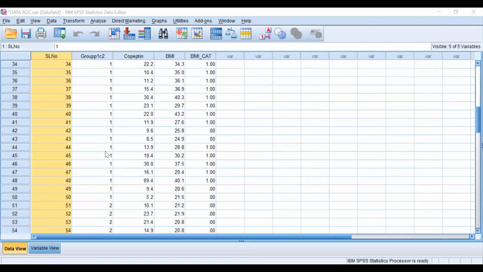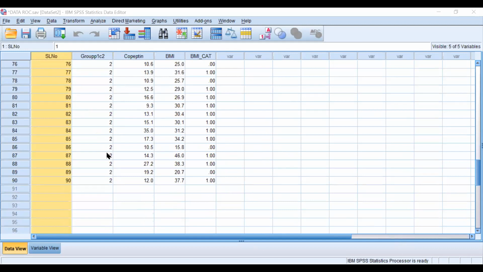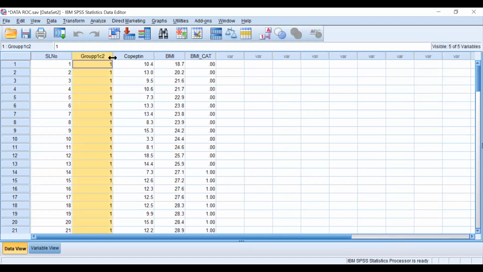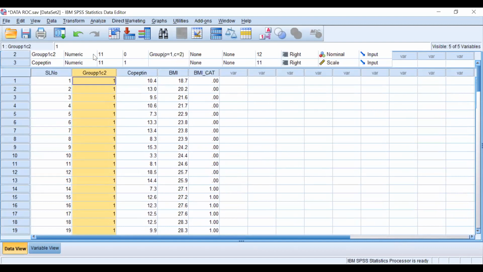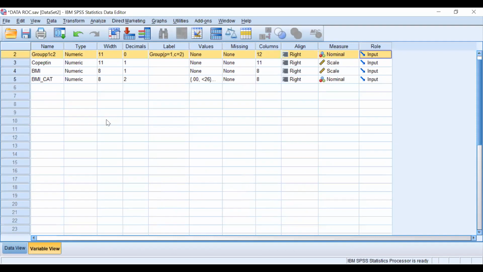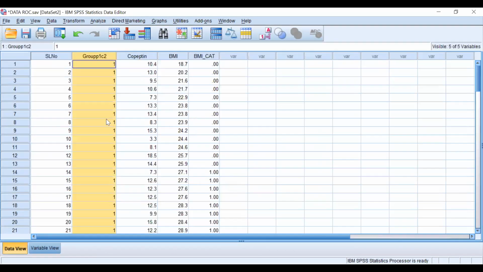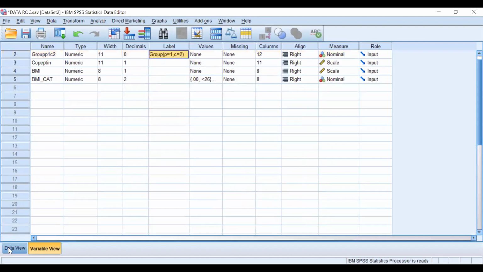Okay, so there are some 80 subjects I have here, and my outcome is 1 and 2. Let's take 1 as those who had PCOS, and 2 as those who do not have PCOS.